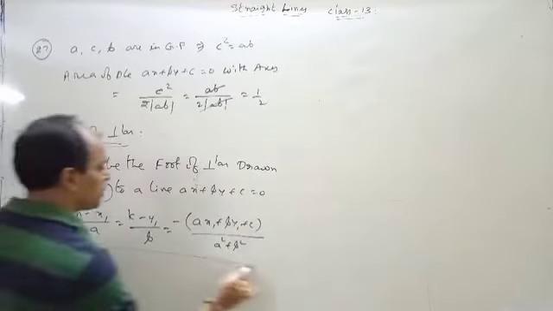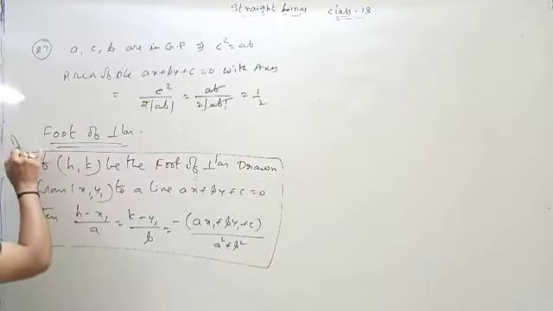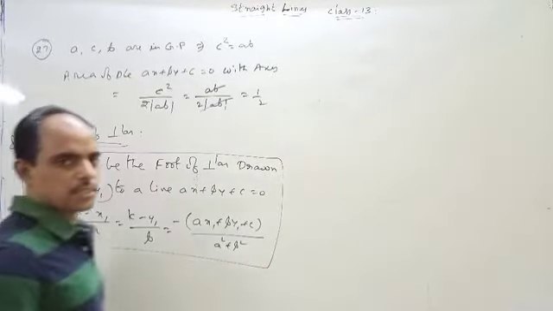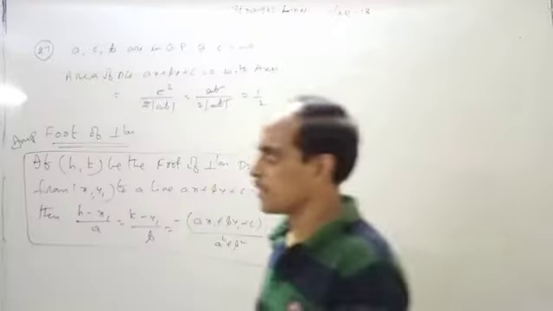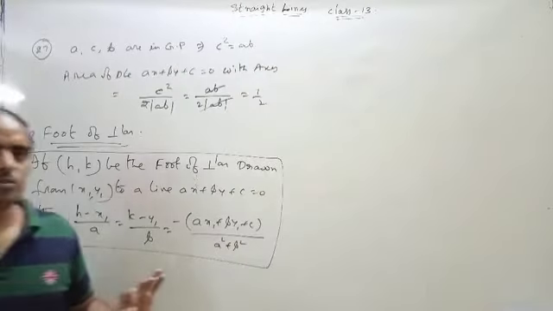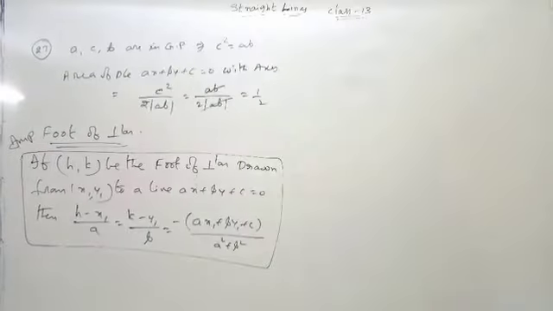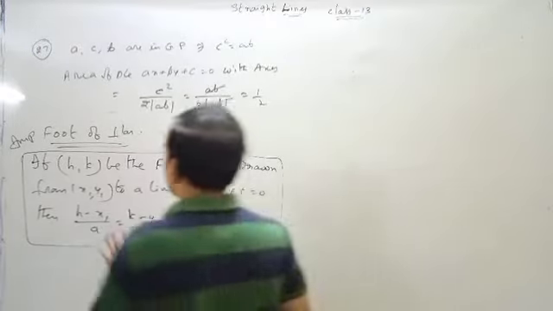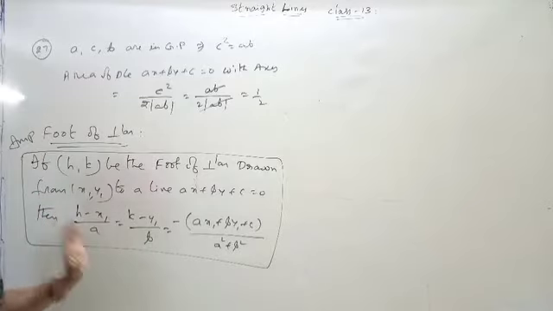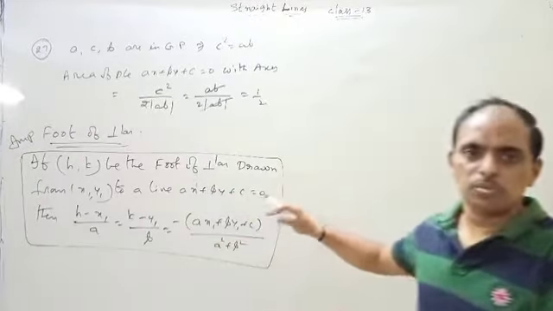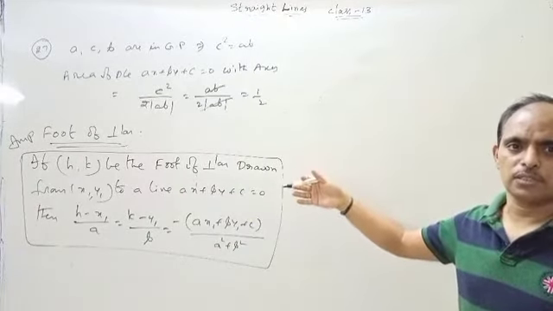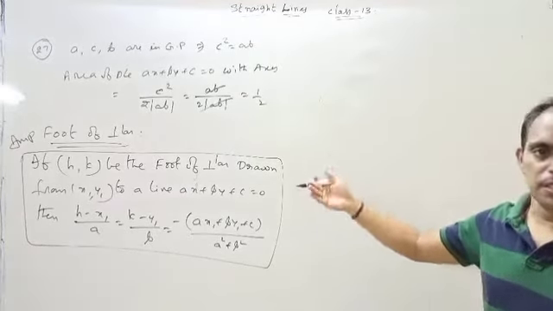It's very important. You take it as a theorem or a problem. It is one of the important concepts in intermediate, particularly in straight lines. Important one, foot of perpendicular. I will draw the diagram and explain the detailed concept. Base depends on this concept. We are going to teach the next concept, image of a point with respect to a line.